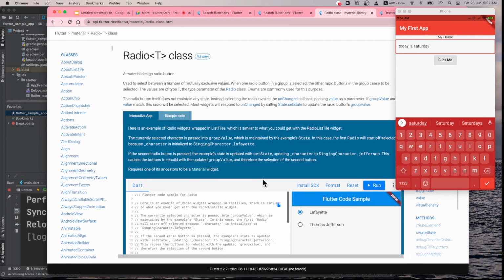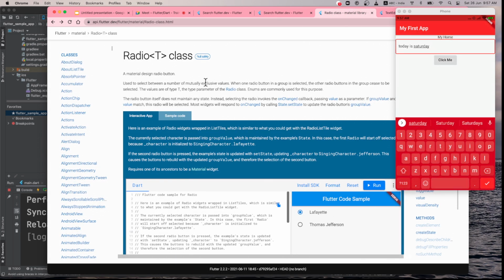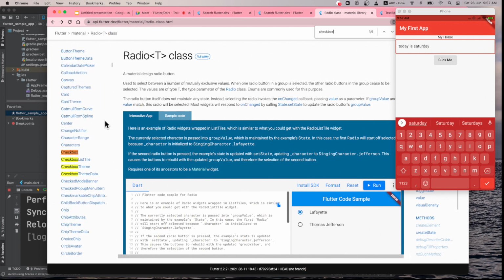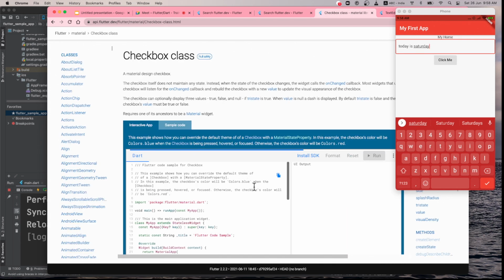There is another very good control, that is called checkbox. It's not clicking here. Here you can search for checkbox. Checkbox you will be using when you need to have multiple selections.